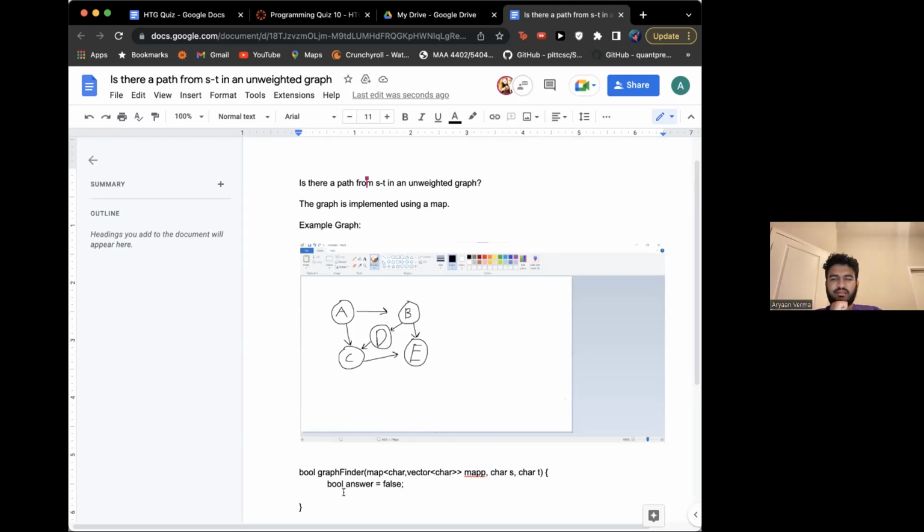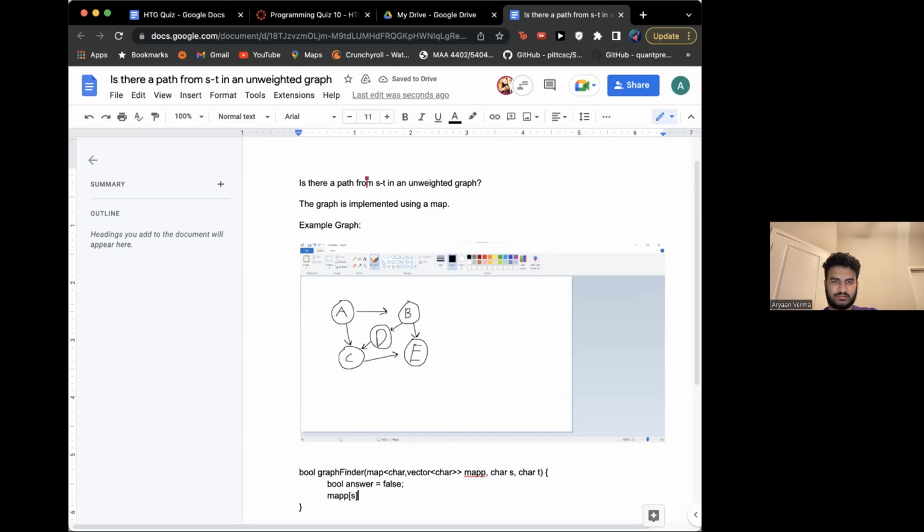If you do map dot find S, that returns the adjacency list, correct? Like as a vector. No, it would return the vector of things connected to it, right? Well, not dot find. Dot find will tell you whether they found it within the map. And if they didn't, I think it returns a bool, so like zero, false, one, true. But if we did map brackets the character, that returns the